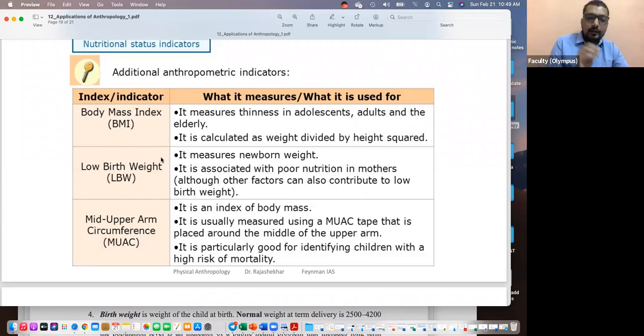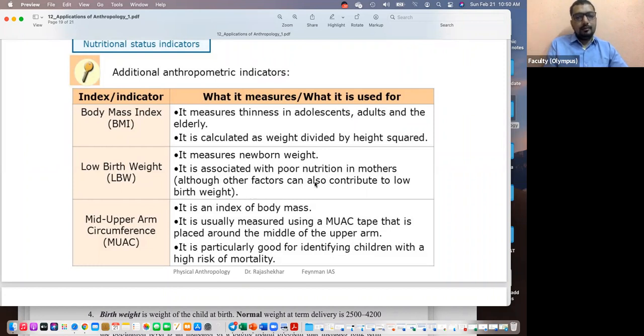And why do they have such a low birth weight? Maybe because of poor nutrition to the mothers. During the pregnancy period, probably the mother had malnourishment. To satisfy that, what do they normally do to compensate? They provide extra vitamins. Supplements are normally given to them. Otherwise, proper food is very important for them.